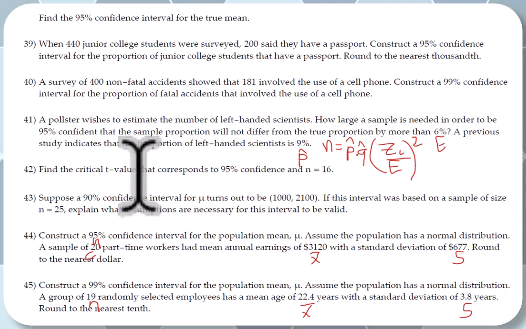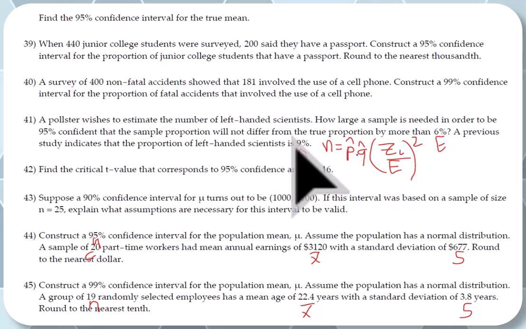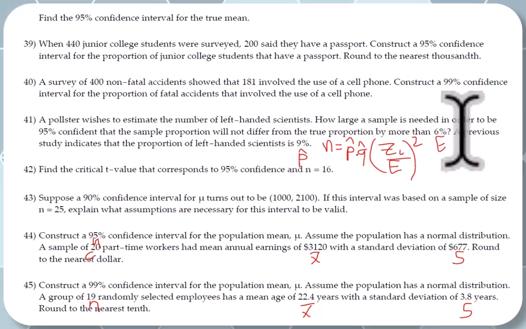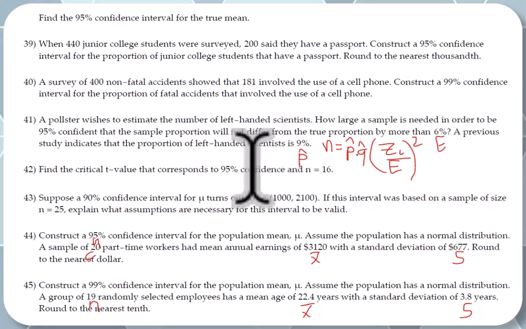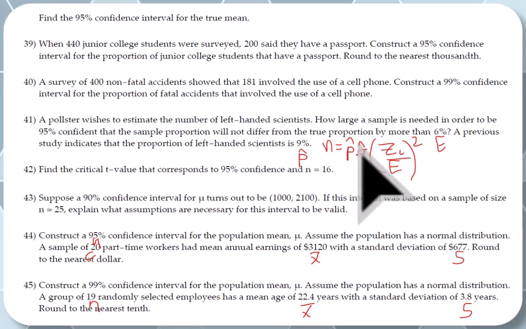A previous study indicates that the proportion of left-handed is 9%. That's the sample proportion, guys. So he gave it to us. If he doesn't give you the sample proportion, so if you didn't see this statement, then you use 0.5. But since he gives you p hat is 9%, then you have to use it. And q hat will be 100% minus 9%, which is